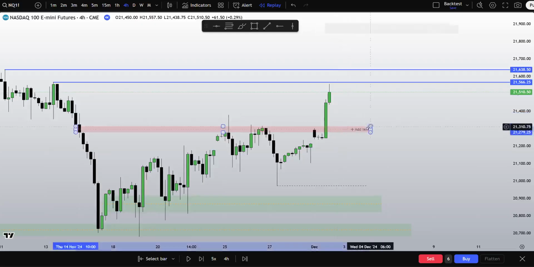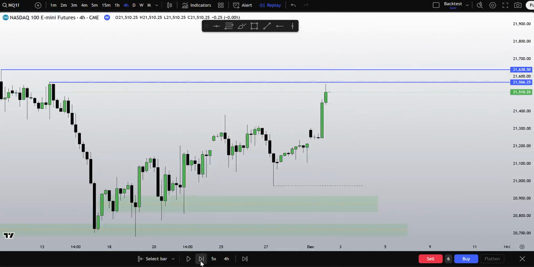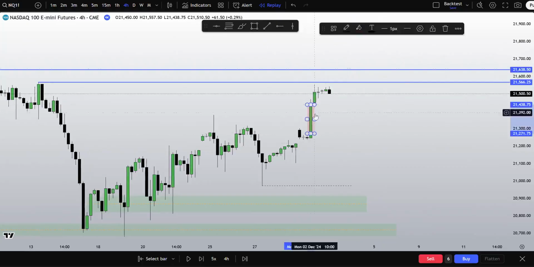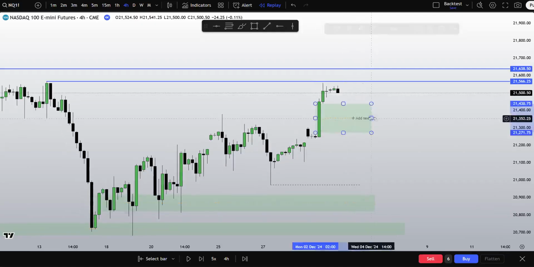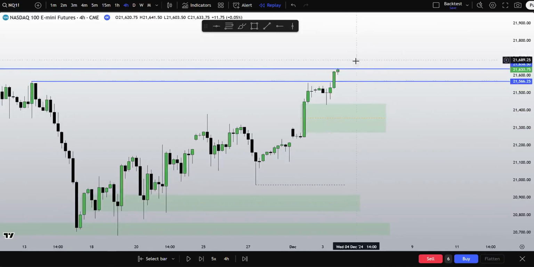Happened quite quickly, so I couldn't really break it down slowly. But I want to see now 566 get tapped into, potentially even 638. Again, we're going to analyze right here. We have this imbalance. I would like to see if we come back down to retest, I want to see it remain respected, and we go to 566. Tapped into, respected, and we go to 566, and that one as well.